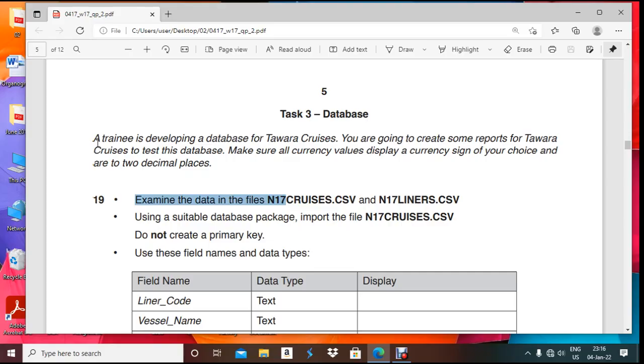Here the examiner said a trainee is developing a database for tower cruises. You are going to create some reports for tower cruises to test this database. Make sure all currency values display a currency sign of your choice and 2 decimal places. So after reading this, we understood that the currency symbol can be any currency symbol, but it should be 2 decimal places. So first, question number 19: examine the data in the files n17cruises.csv and